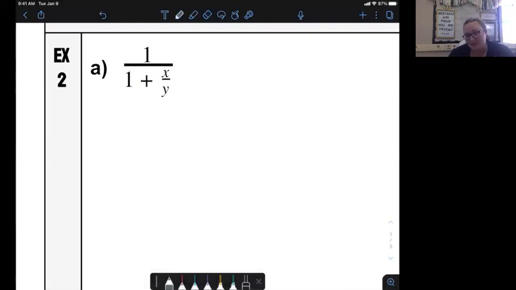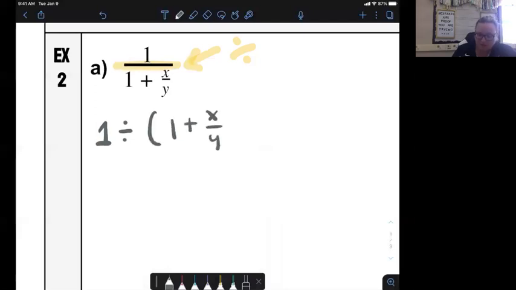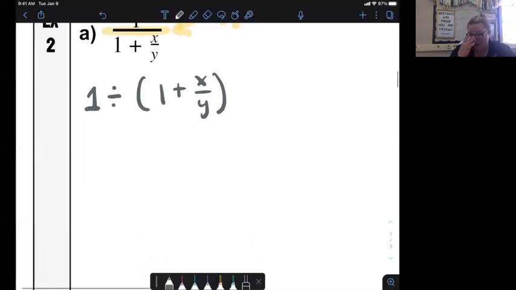The first thing I like to do when I solve these problems is I like to remind myself, what does a fraction bar really mean in algebra? It really means divide. So what this says is 1 divided by 1 plus x over y. And then I put that in parentheses because we need to simplify that. So let's do that. Let's get this thing simplified. So 1 can't be simplified further, divided by, and then I have,